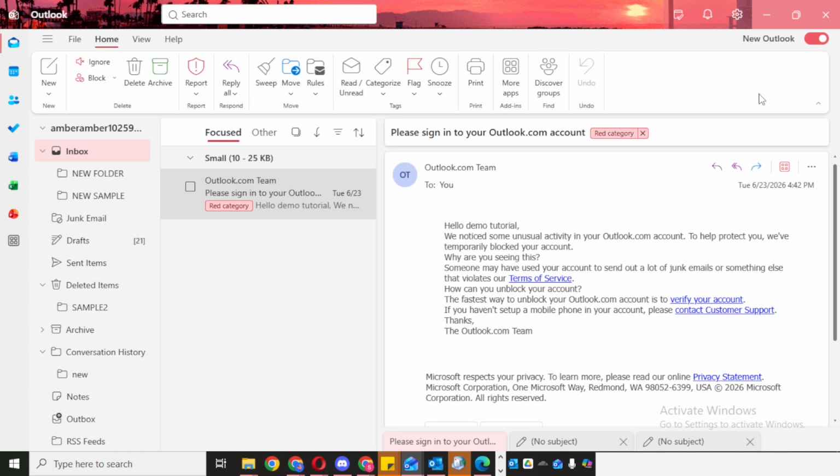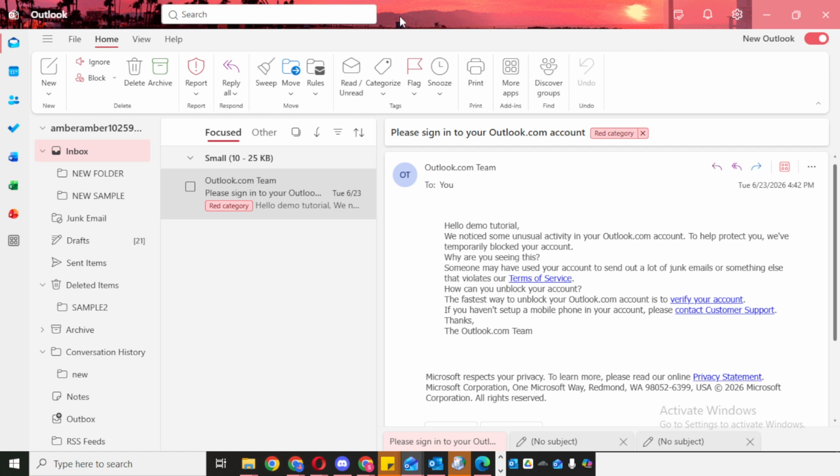To begin, open Outlook on your computer and make sure you're in the main email view. Once Outlook is open, click on Mail so you're looking at your inbox and all of your mail folders. This is the section where you can access your regular messages, drafts, and any email that is waiting to be sent. Next, click on Drafts.